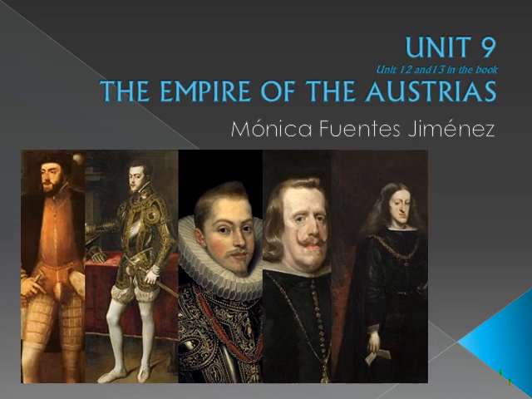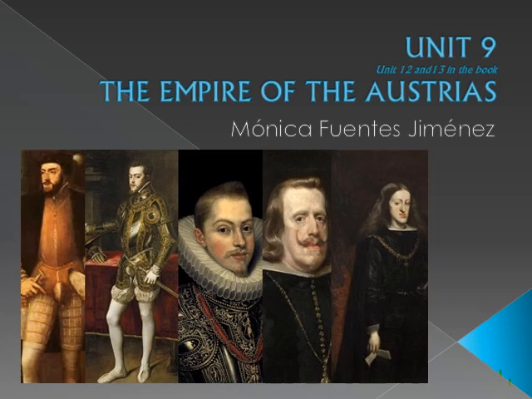Welcome to Unit 9. This unit is dedicated to the Austrians, also known as the Habsburg dynasty. It is a mixture, bueno, es una unificación de dos unidades del libro, la 12 y la 13. We've done this more times along the year due to the extent of our content. They are too long, too large, too wide, and we are forced to compact them a little bit. So as a result, we have this Unit 9.